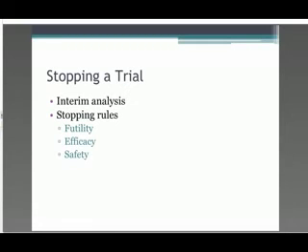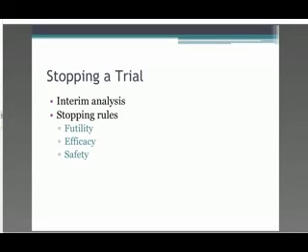A trial can be stopped during the interim analysis, meaning an analysis sometime in the middle of the trial. There are typically stopping rules embedded in a trial where the trial can be stopped for futility, meaning that you can enroll every single patient on planet Earth and never come up with an answer to the question. It can be stopped for efficacy, that it's completely clear that the drug you're testing is better than whatever the